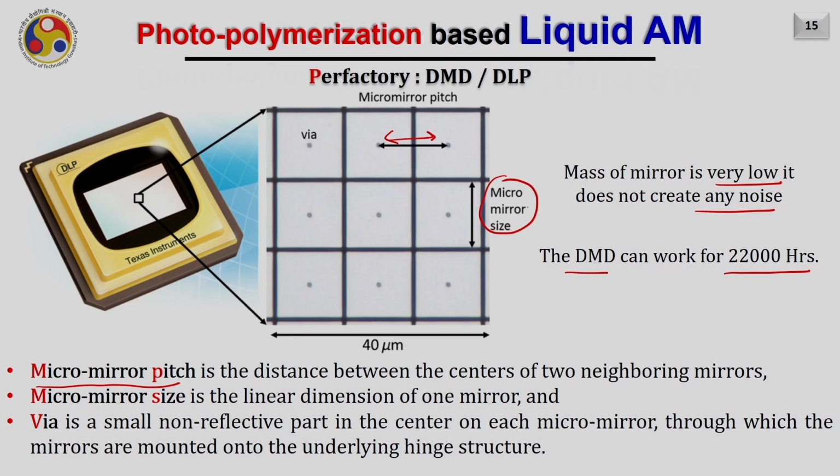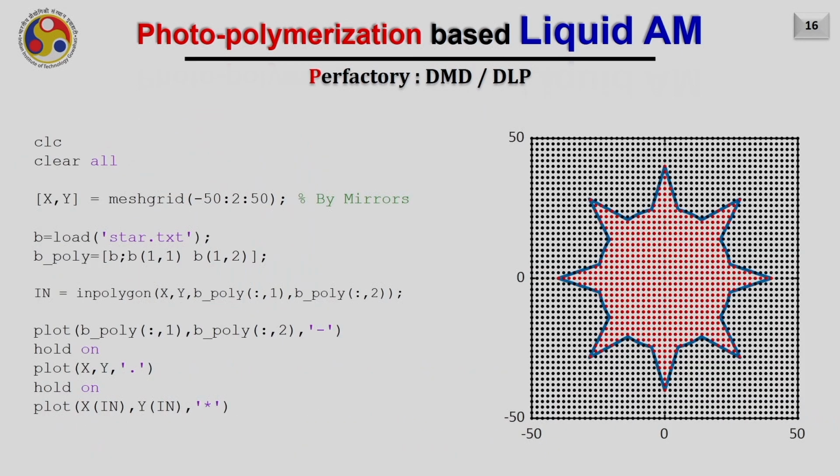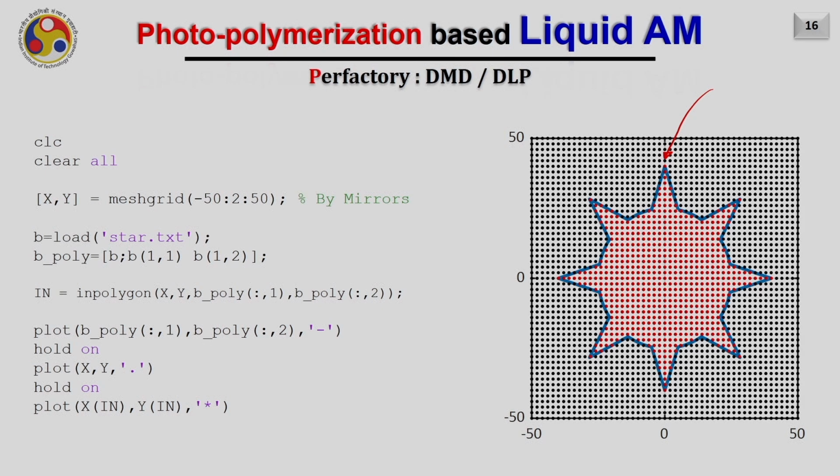So like I have mentioned, to program it, you can obtain the contours and easily find out the region where there is material and the region where there is no material. Then you can assume that the entire region or the bounding block consists of a lot of mirrors. The pixels or the points lying outside the region can be considered as 0, and the pixels falling inside can be considered as 1.